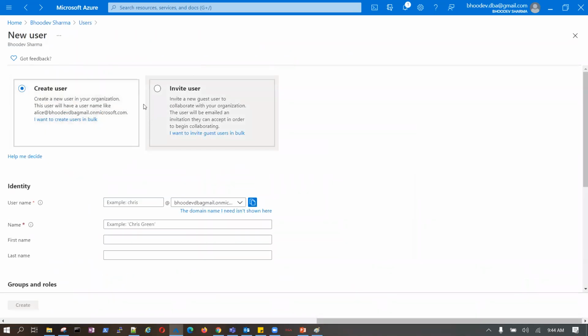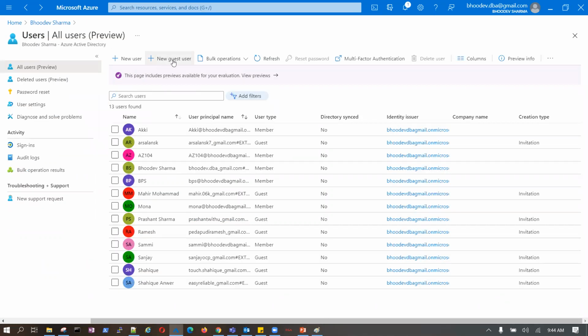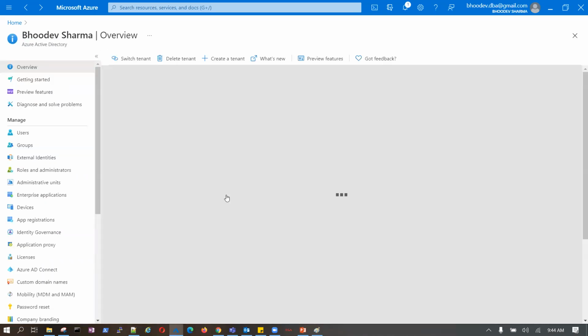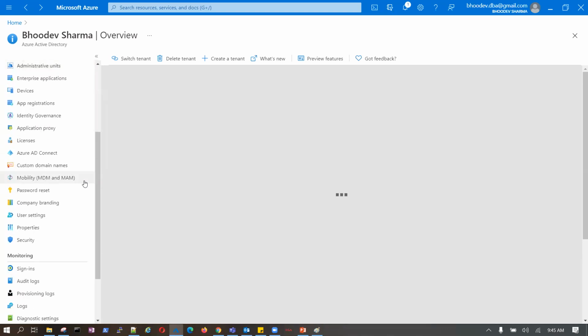If you have a guest user, then only invite user will come. Look at here, new guest user. Not this navigation, some other navigation I got, where it is not in Azure AD. Directly I got user creation, groups and users in that. So I thought users are different, Azure AD users and Azure users are different. Please take a screenshot of where you got that confusion.